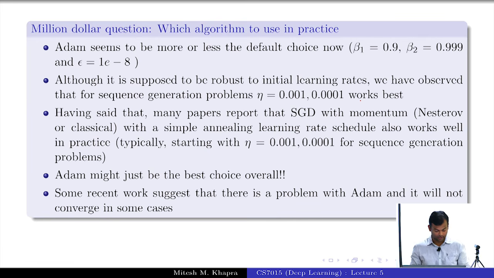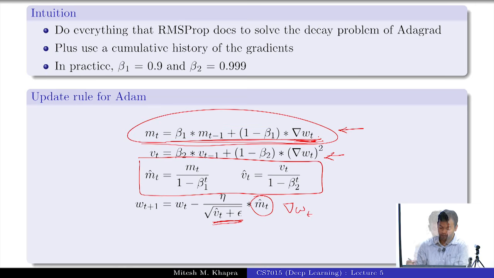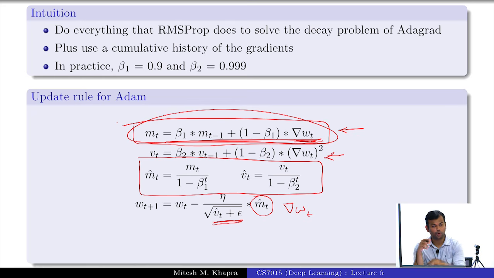Now there's one thing which I need to do, which is I need to tell you why we use this bias correction. So now what do you actually want to do? You're taking a mean, okay? You don't want to rely on the current estimate of the gradient, but you want to take an exponentially moving average of the gradients, right? Now why are you doing all this? What's the intuition behind this? Since you're talking about moments and so on, can you think in terms of probability distributions? So, okay, let me just try to say it this way, right?